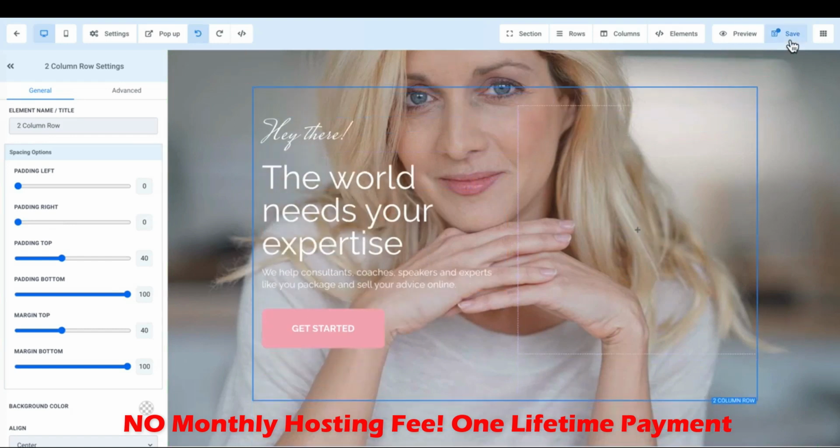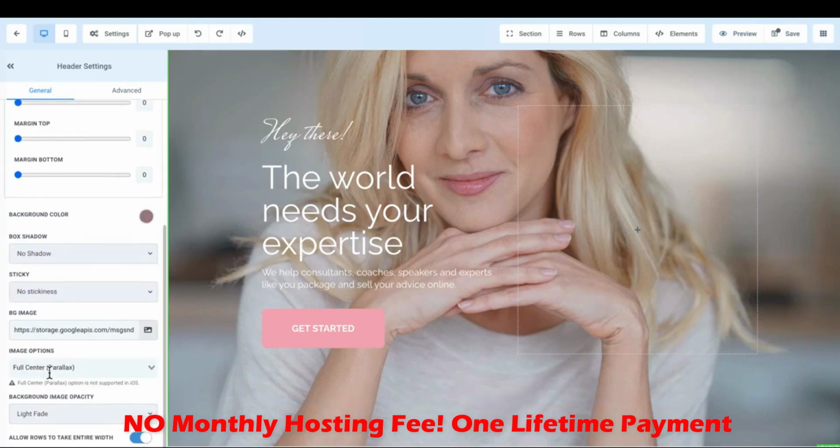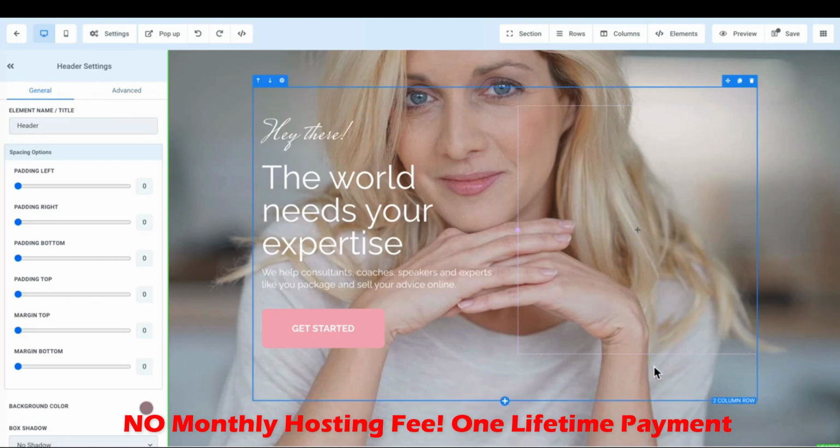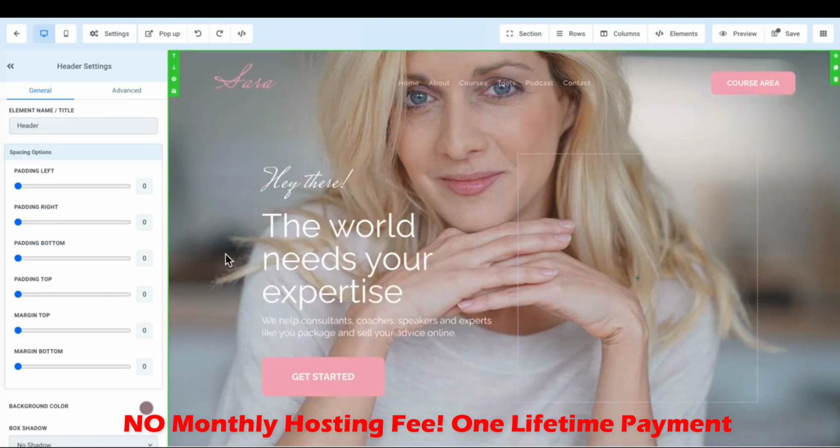And then you have your save button up here on the right. You can toggle between your multiple pages. You can preview it. And there's just a lot of, you can change the fade. You can do advanced, you can add borders around certain elements. So it's a fully functional drag and drop builder where you can pretty much do whatever you want and build